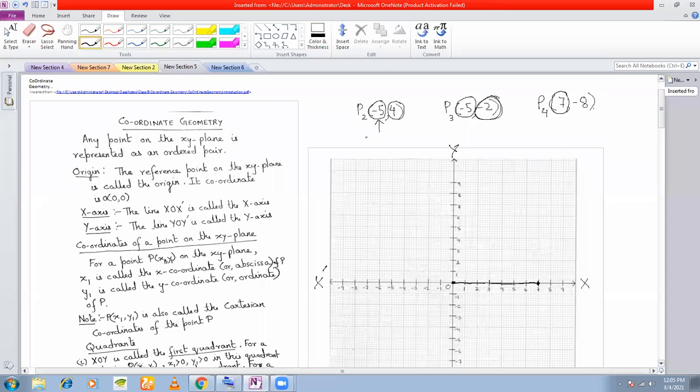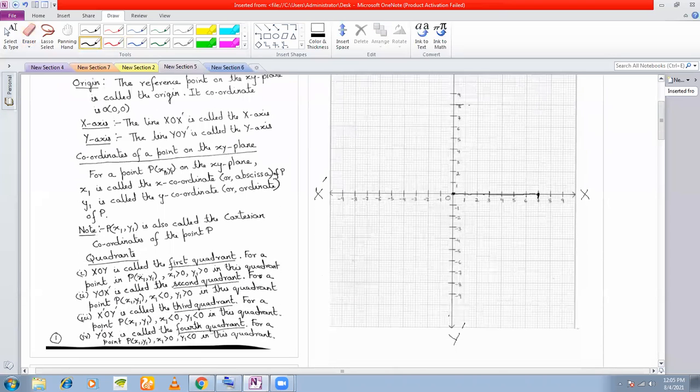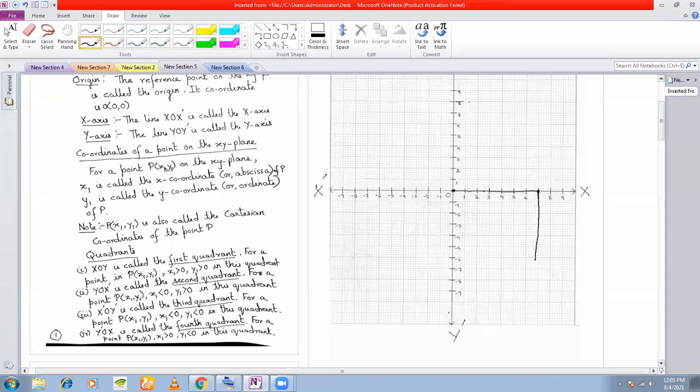Now we look at the y coordinate. The y coordinate is how much? -8. So now we need to move vertically. From 7, we start moving vertically till we reach the point 8. Sir, it's -8, so we go down. Yes, it's -8. I didn't see the negative sign. So if you want to move -8, you'll move in the negative direction. From here, move in the negative direction and reach here. So the coordinates of P4 are (7, -8). Clear with this?